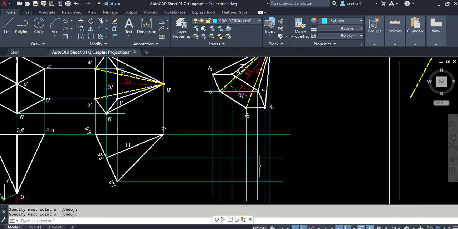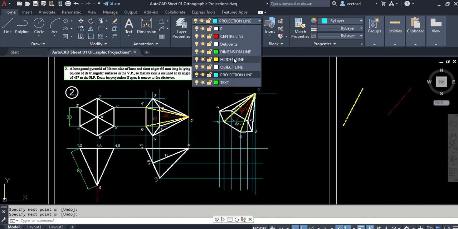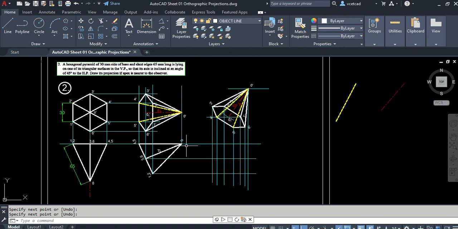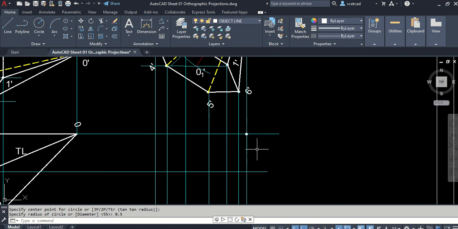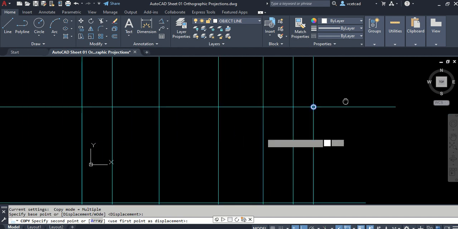Now let us locate the points. For locating the points, let us first locate the point O. O horizontal, O dash vertical. Wherever these 2 points intersect, that will be my point O, right? So I have taken a point here. Okay, now